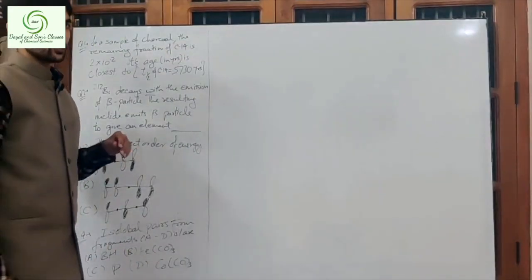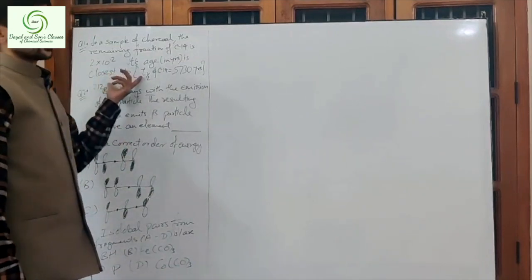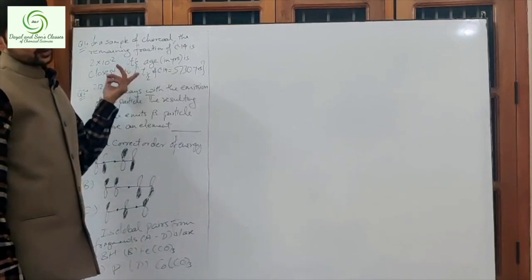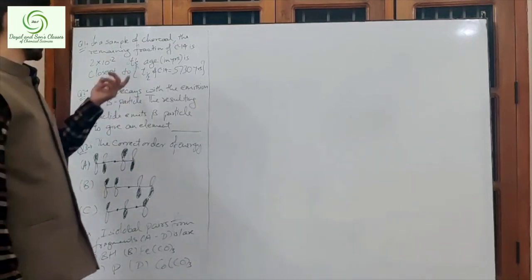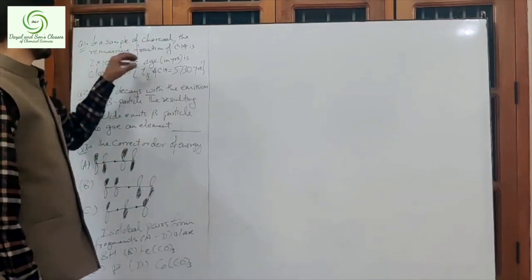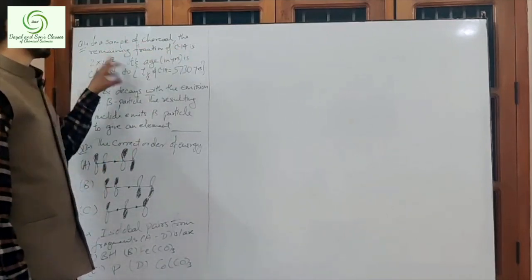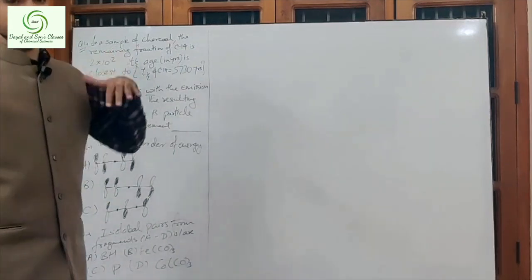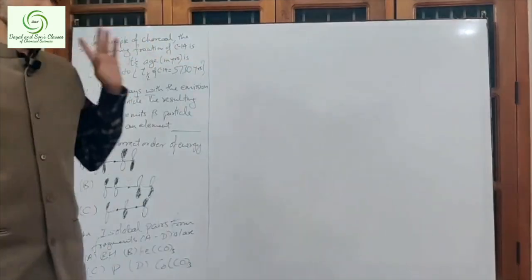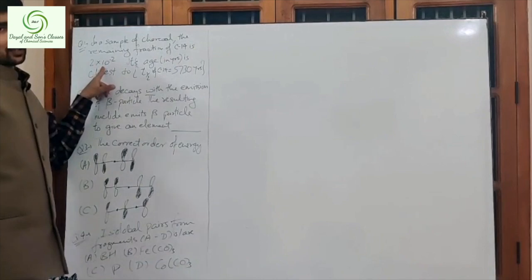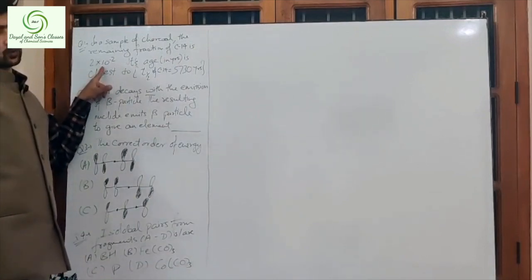So the first question that we are going to discuss today is based on carbon dating, radiocarbon dating, or you can say radioactivity. It says in a sample of charcoal, the remaining fraction of carbon-14 is 2 into 10 to the power minus 2. That is, if initially it was 1, now what we are remaining with is 0.02. Amount of carbon-14 remaining is 0.02.